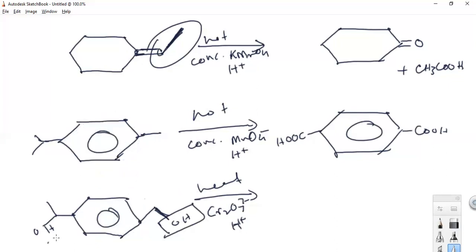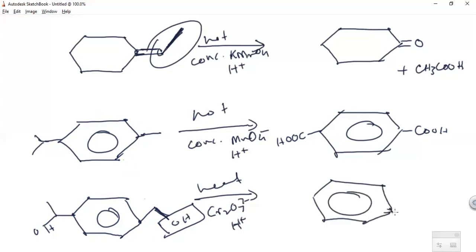But since here we have the alcohol groups, and we know when we have alcohol groups, what happens? Oxidation takes place. And if it is a primary or secondary, carboxylic acid forms. Sorry, yeah, carboxylic acid forms. If it is a tertiary, then what happens? Tertiary doesn't undergo an oxidation reaction. If it is primary, then it forms aldehyde or carboxylic acid. Here it is primary. So in this case, it will form carboxylic acid,